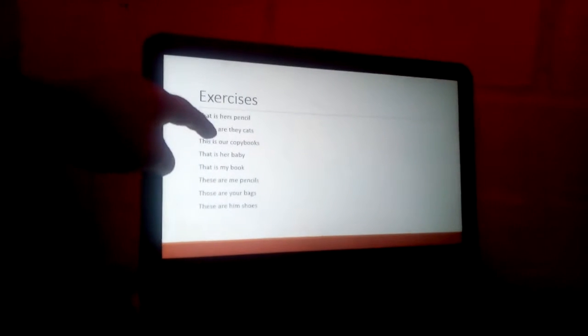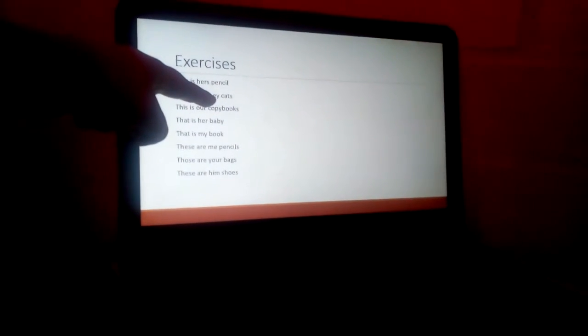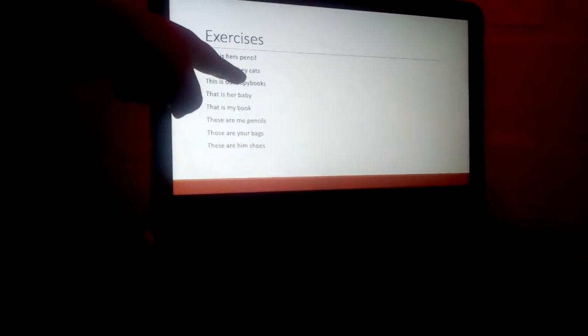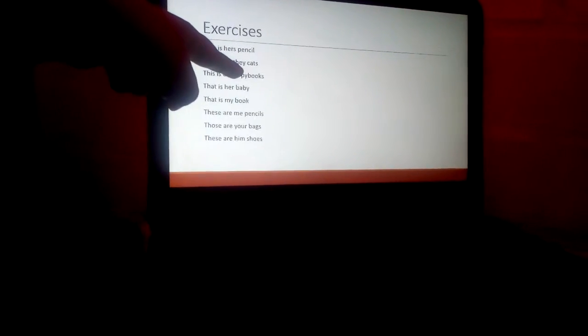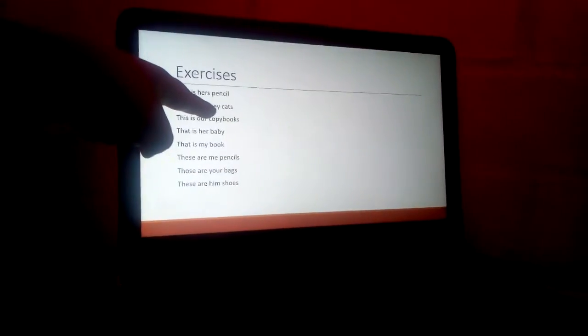What is wrong? These are the cats. Do you know what this word is? Can you say the word aloud? They. What does they mean? Is it a pronoun or a possessive? It's a pronoun. Okay. And in this, according to the structure, it's incorrect because